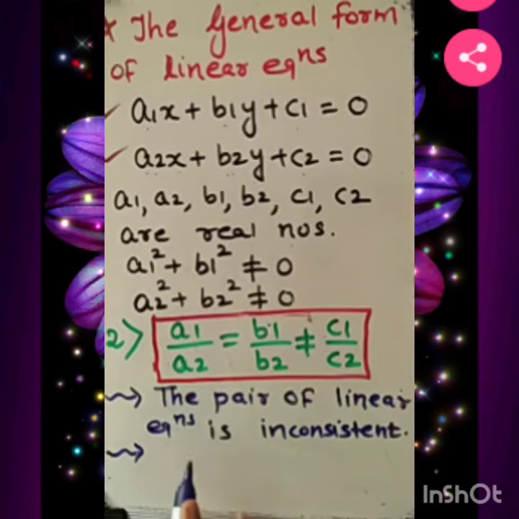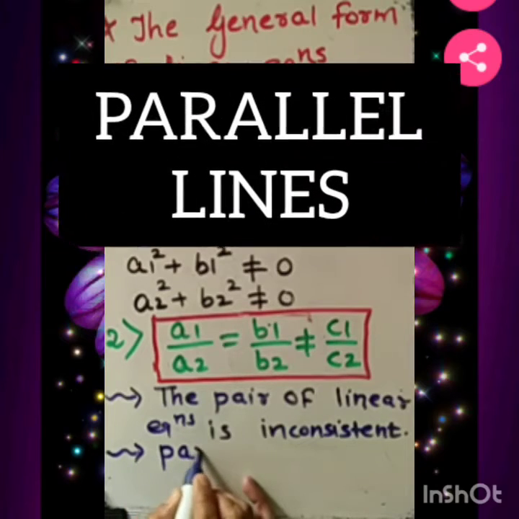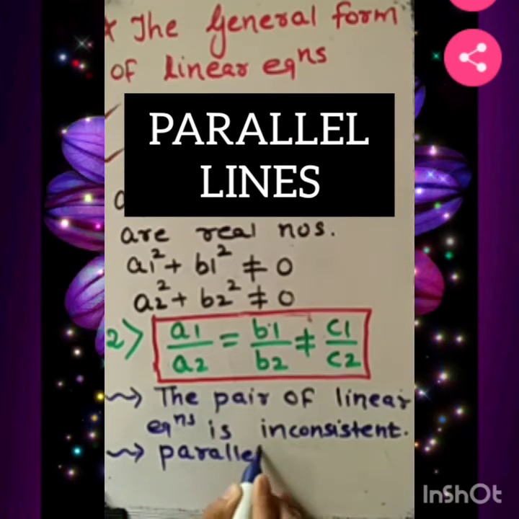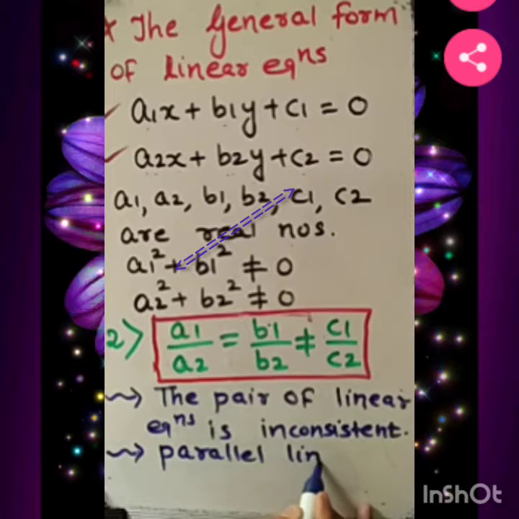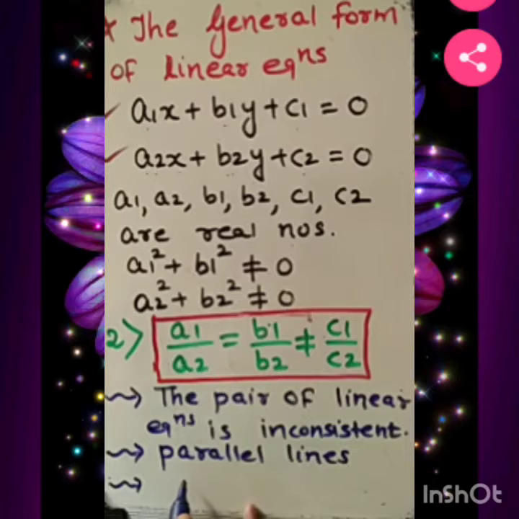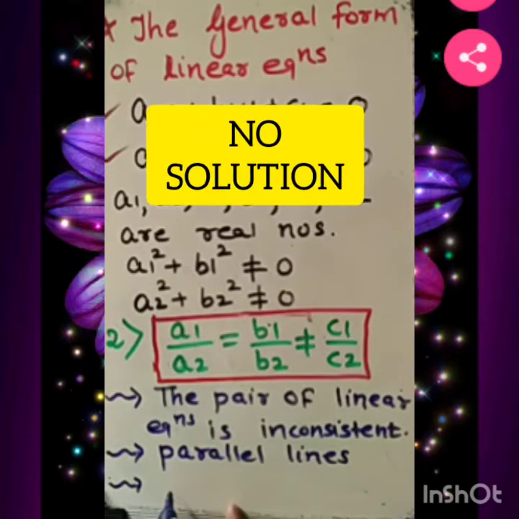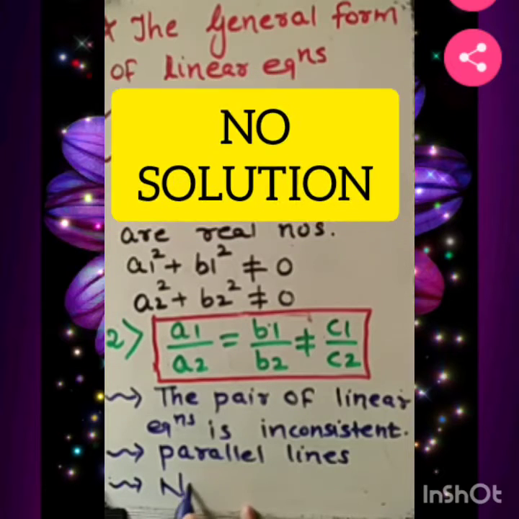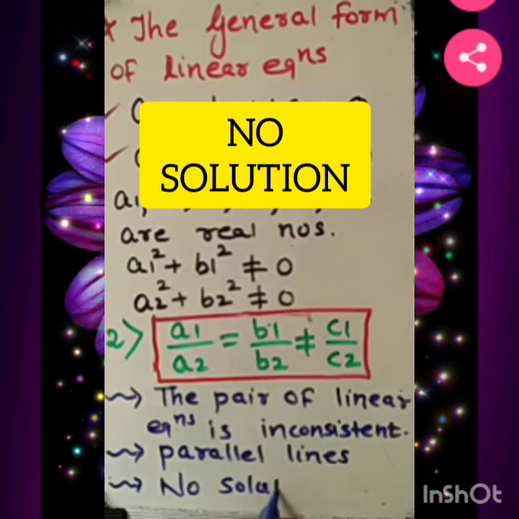We are talking about this thing. So what can be the result further? What can we say about the lines? The lines will be parallel lines. In the graph, we will have the parallel lines. That also we will study in 3.1 and 3.2, parallel lines, and it has no solution. Please keep this in mind.